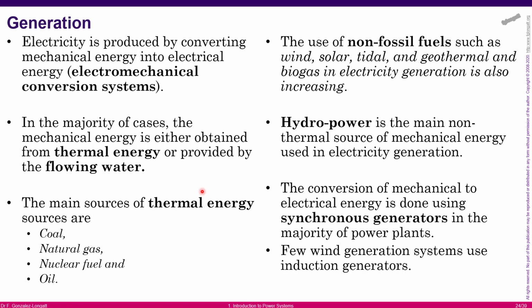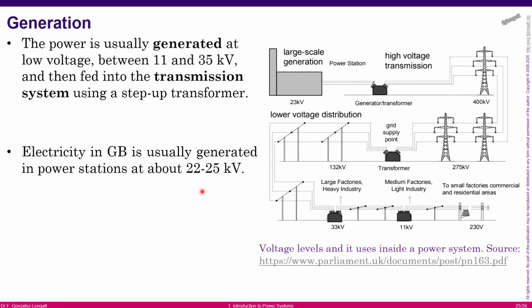Where we use a different kind of generator is basically in new generation technologies, like wind turbines, where we can have many other kinds of generators, like the doubly fed induction machine, squirrel cage induction machines, or permanent magnet machines, and so on. But what you need to know is that generation is typically at a very low voltage, 11 to 35 kV in the case of the UK system,